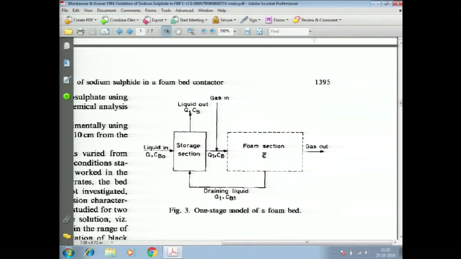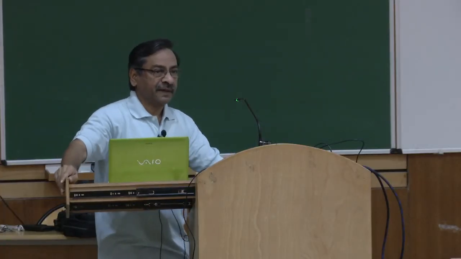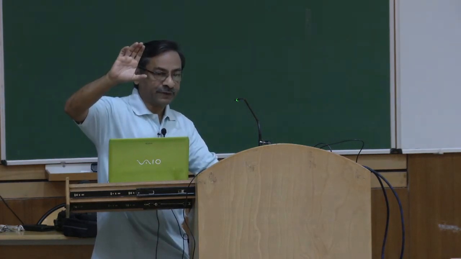When you take this foam column and you look at liquid content, the volume fraction of liquid, that is volume of liquid per volume, as you go from bottom to the top, what do you expect? It should decrease, right. A priori we do not know how liquid holdup will decrease with height. But experiments have revealed that for relatively inviscid systems like aqueous solutions, the liquid holdup drops very sharply near the interface and then becomes almost constant. Major variation in liquid holdup happens near the interface between the storage section, that liquid pool, and the foam section.